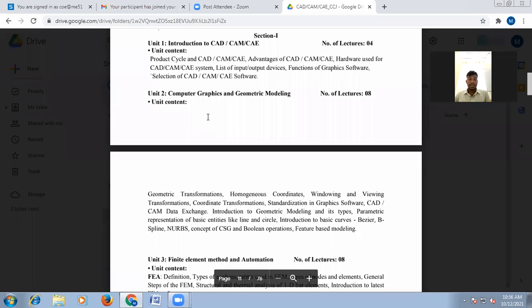Okay, basically our subject is fully related to a computer system and techniques and software techniques. Okay, knowledge. So first of all we should know each and every detail regarding the computer. Okay, so the second part is geometrical modeling, means you should know how to model any product with the help of